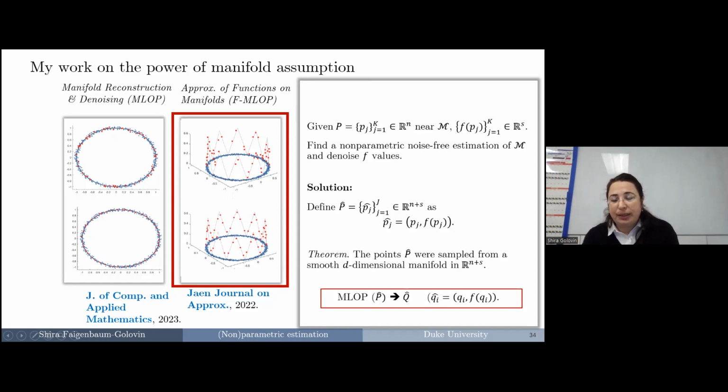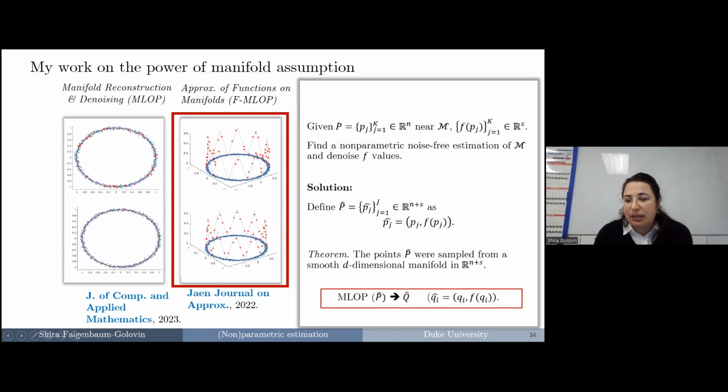P hat is defined in the following way, where we have the points pj's and the function values at them. It is not very complicated to see that now we have new points that were sampled in a higher dimensional space R^(n+s), and those points were sampled from a manifold in that dimension. Now, using this assumption, we are able to apply our MLOP algorithm on the new points P hat